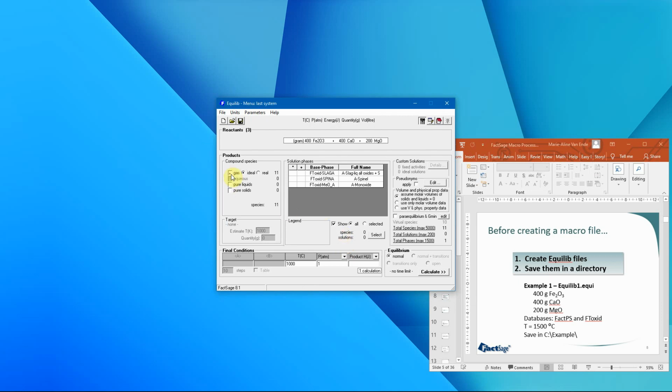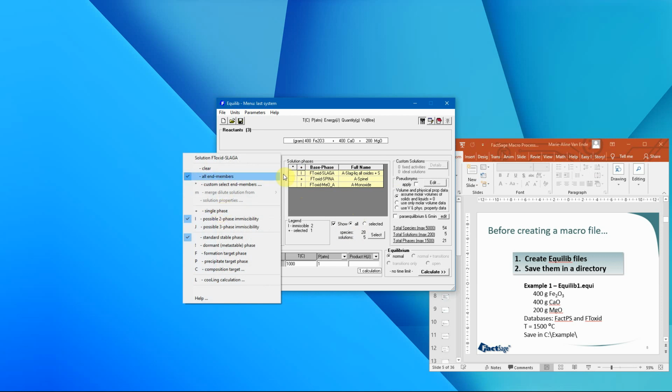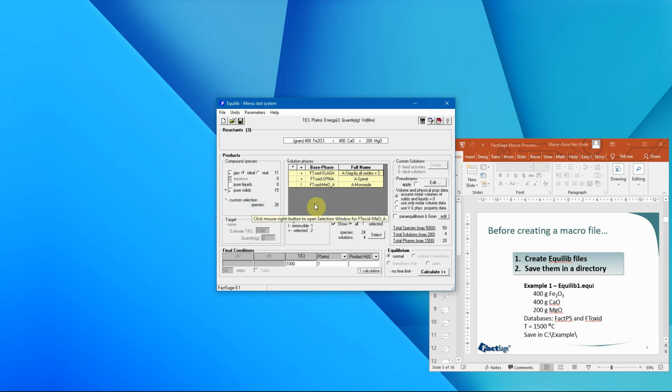So we will select the gas phase and the pure solids and all the solutions available there. Okay, and then I will, on top of that, limit the slag A to a single phase. So I right-click on the plus here and then choose single phase. Okay, so that will simplify a little bit my writing for later on. And then lastly, we enter the final conditions, the reaction temperature here as 59 degrees C and the